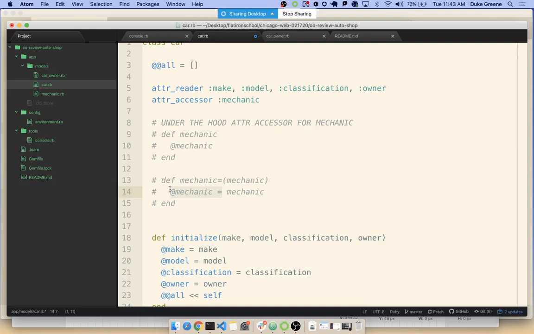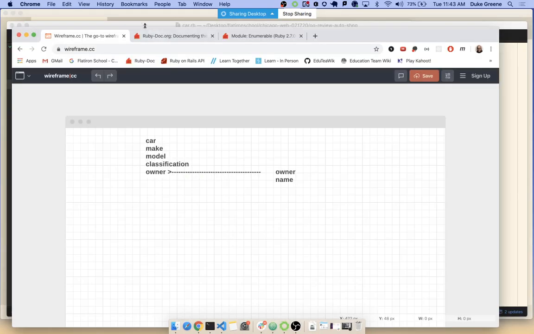The car is like the game, the owner is like player one that's already shown up, but for the full relationship to be modeled, we need to bring in a second person later on called a mechanic. So cool. If we have an adder accessor for mechanic, then I have to start thinking about how am I going to run this code to make sure that this works, right? If we're deciding that a mechanic,